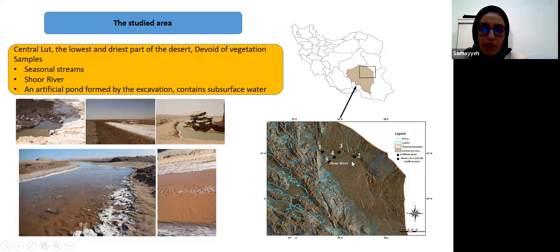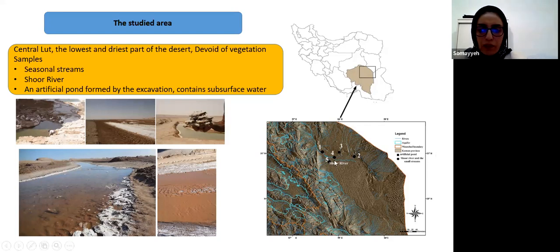Then two streams, sample 2 and sample 3, downstream of Shu River. This number 1 is upstream and this one downstream of Shu River. It is close to the central depression, that is the lowest part of the central Lut and the saltiest part. And number 5,